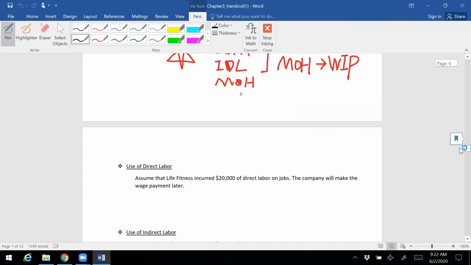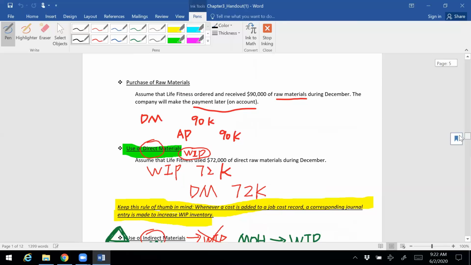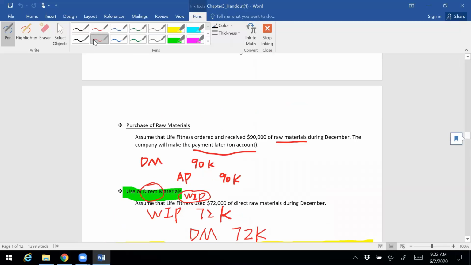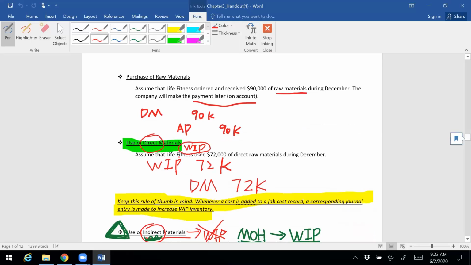Okay, so last time we talked about the first 3 transactions. So let's have a quick review. We said when you purchase raw material, basically you debit your raw material, you credit accounts payable because we haven't paid yet. And then when you use direct material,